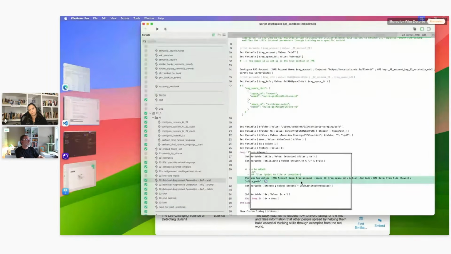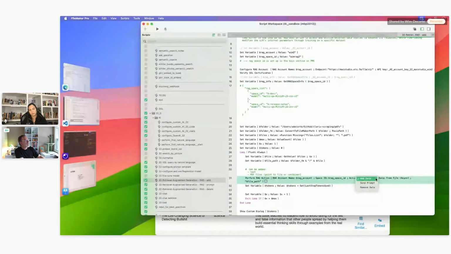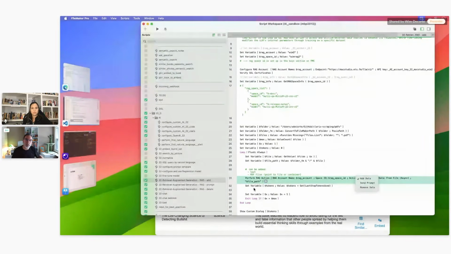You provide the account, the space ID, that's all fine. And you have these actions. Sorry, let me highlight that, right? You have an add data action, a remove data action. That is basically if you don't trust that data or the data is stale, you can remove it, and then you can send a prompt. That's really all there is to it from a FileMaker point of view, right?